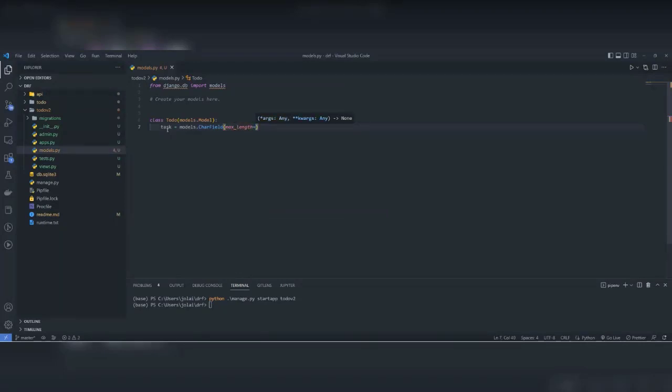Here you can specify an integer, the maximum length of characters. So if you want to accept just 5 characters for the to-do task, then you write 5 here. But I think we should just write 100,